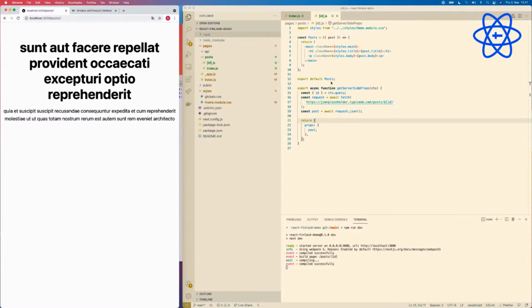But one thing that we can look at at this point is something called server-side generation or static site generation. What we want to do here is generate the page on the server for the paths that we know exist, and then put that on our server. And so whenever the customer or user comes to the page, we don't actually make calls to the API anymore, but we just get the page that has already been generated and show it to the user.